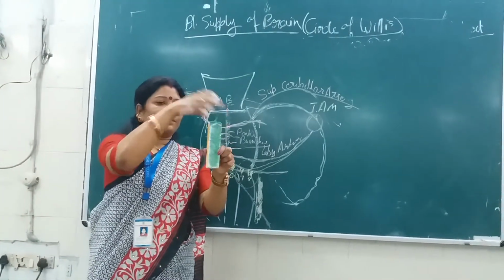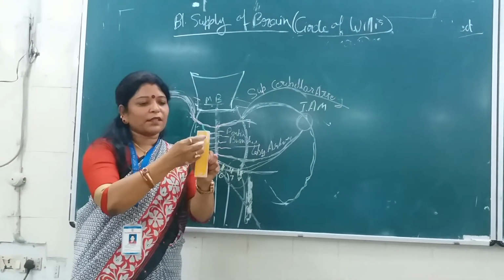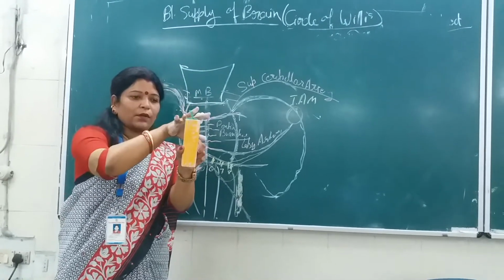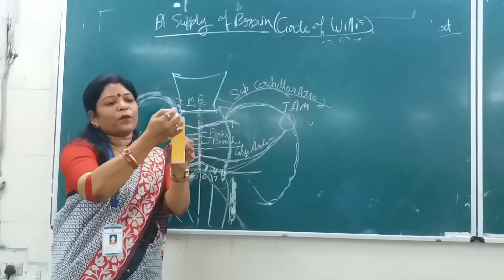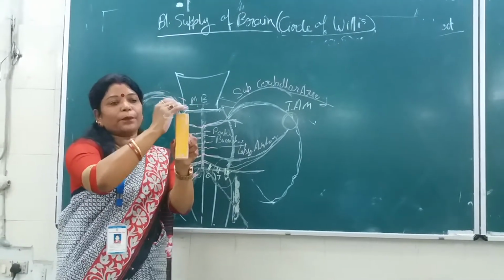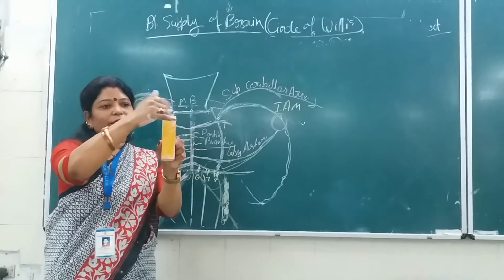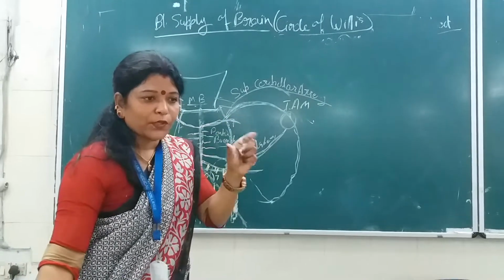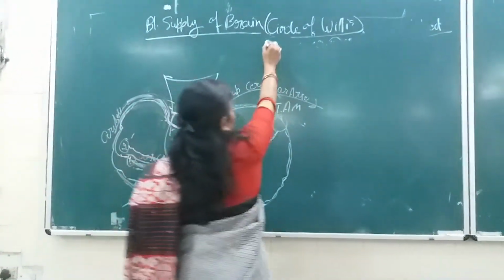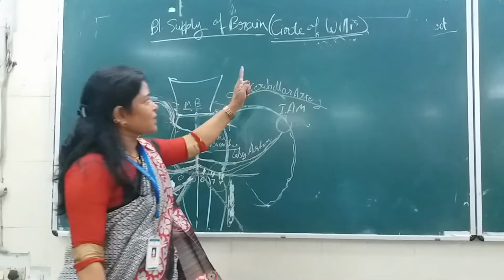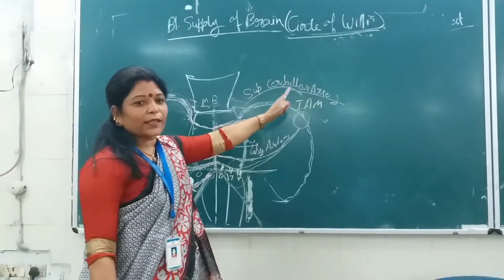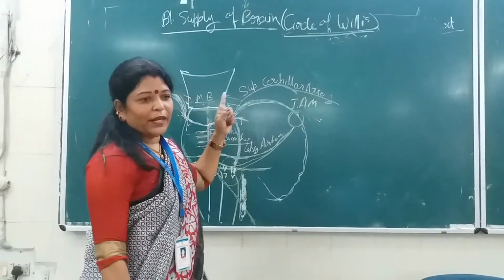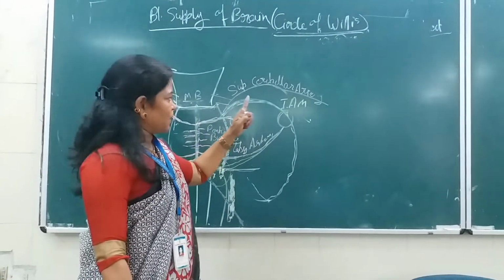Suppose this is the part of the brainstem. This is the midbrain, pons and medulla oblongata, and here the brain is anteroposterior, it is like this. Okay, so once we are moving upwards, we are reaching towards the surface of the brain, and here at the junction of this area, which is known as the interpeduncular fossa, a very important structure we will discuss in this lecture, that is the circle of Willis. The main topic of this blood supply of brain is related with the circle of Willis, how it is formed.